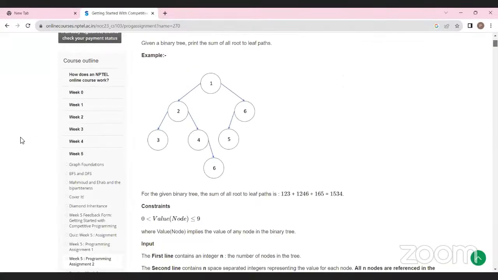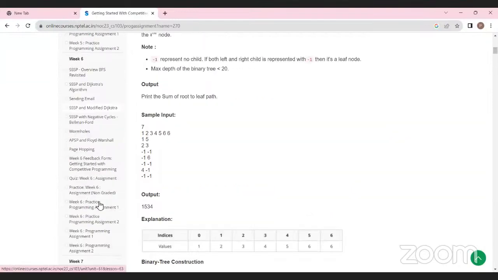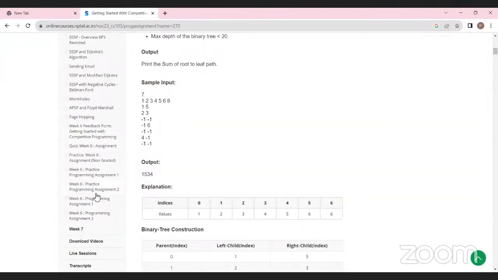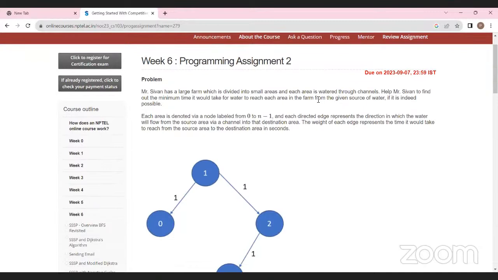So, let me share the week 6 problem. The problem statement is: Mr. Sivan has a large farm which is divided into small areas, and each area is watered through channels.